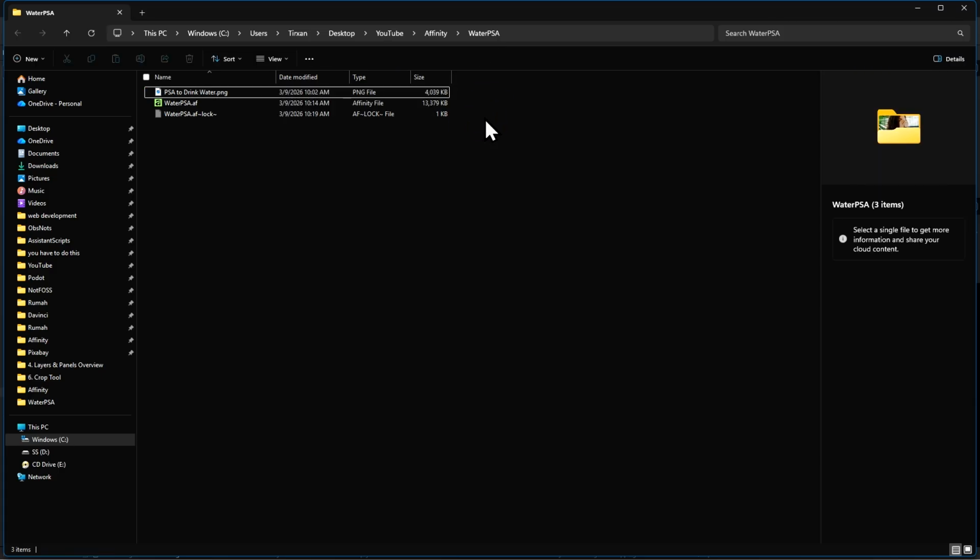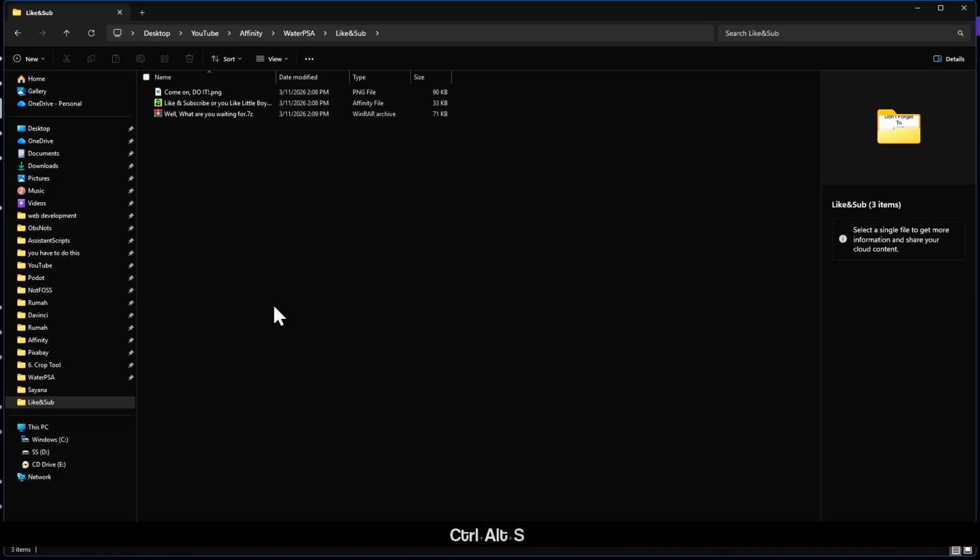So, you can probably guess what .af files, which you create by saving your work, are: a file that can only be opened exclusively with the Affinity app. It cannot be viewed on any computer, on any device that doesn't have the Affinity app installed.